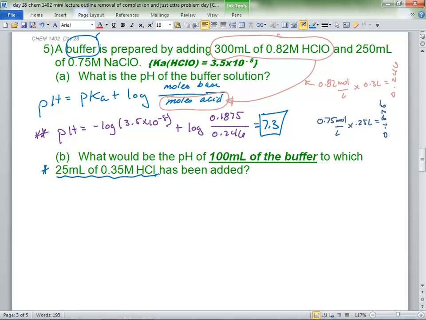So what I strongly suggest is copying what equation up here? Yeah, that bottom one, the one with the stars. Then we're going to do what Summer was talking about. Did you hear what she said? You're going to add and subtract some number. It's going to be the moles of the acid. Let's write this down first. pH equals negative log of 3.5 times 10 to the negative 8, plus the log